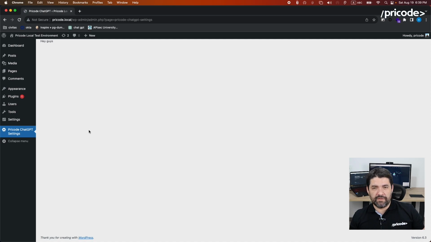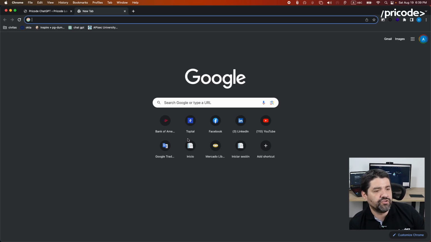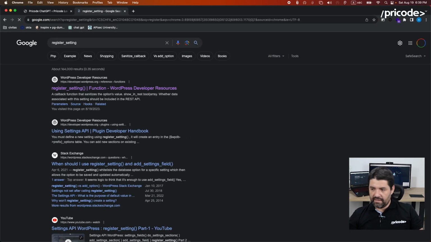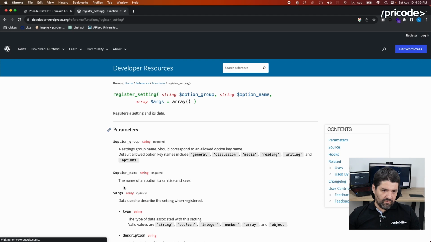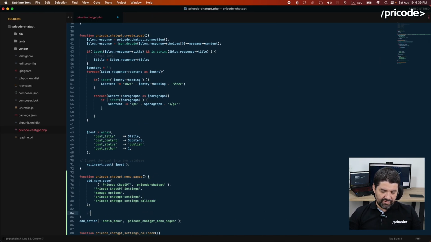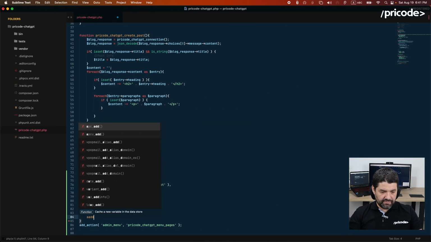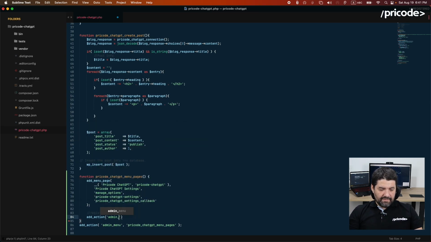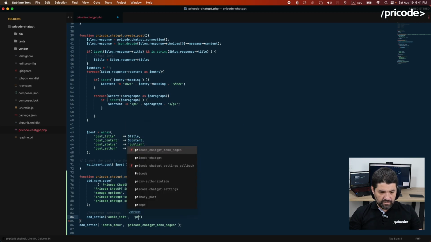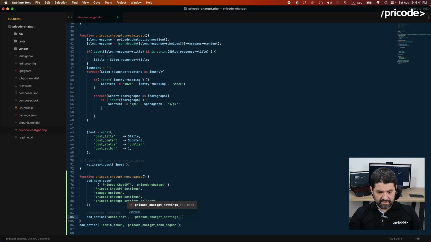Okay, cool. So we need to then register some settings to be able to update it. Remember that WordPress has different ways to save the information. In this case, we are going to use the common get option, add option. For that, we are going to use a very useful function called register setting. So I'm going to add here the register setting. It will be something like admin init, add action, admin init, and let's set up Prico ChatGPT settings, register settings,